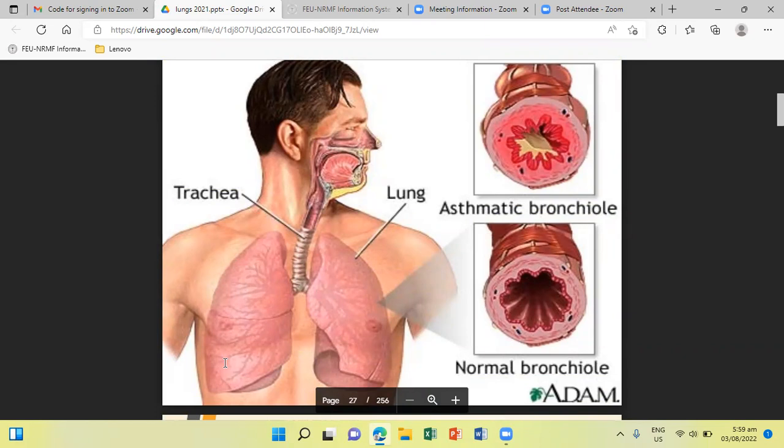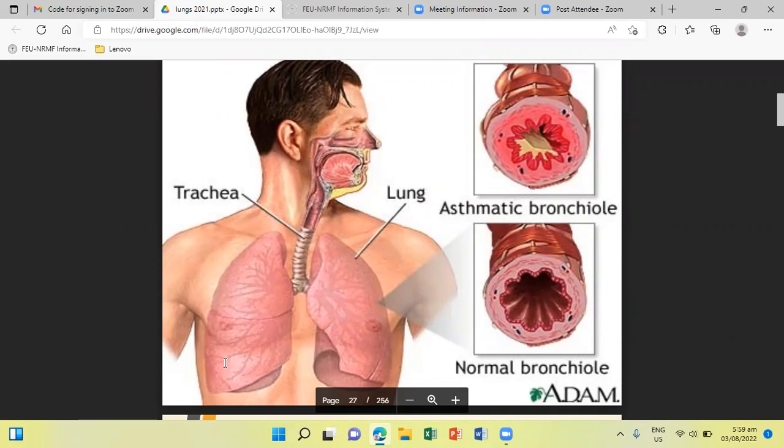So this is an illustration of a patient with asthma. Asthma is characteristically chronic. It is a problem of the conducting airways. It is often an immunological reaction. It is marked by episodic bronchoconstriction, which is due to increased airway sensitivity. Inflammation of the bronchial wall is also expected, and increased mucus secretion.